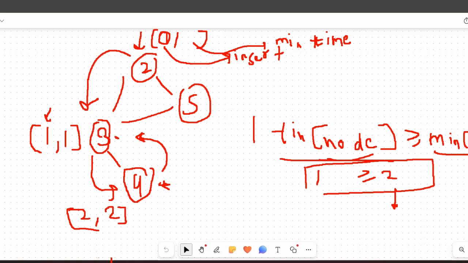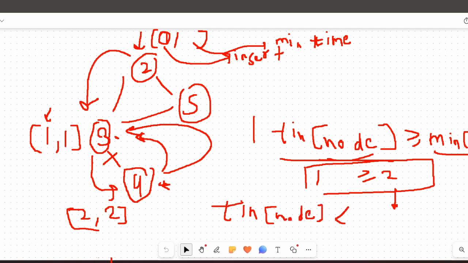Why? Because if we can reach a neighbor through a time which is lesser than or equal to the time of this particular node, then we can remove this edge and we can still reach it back to the particular parent. But if this is the other way around, let's say if the time of insertion is less than the minimum time of neighbor,